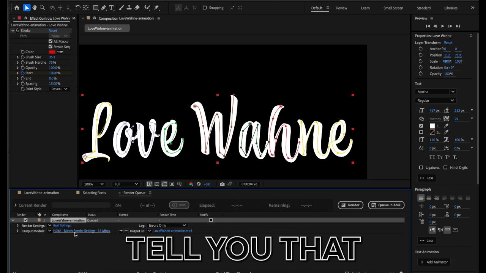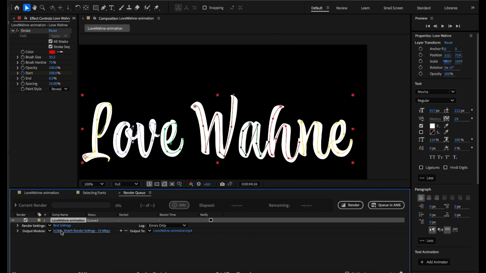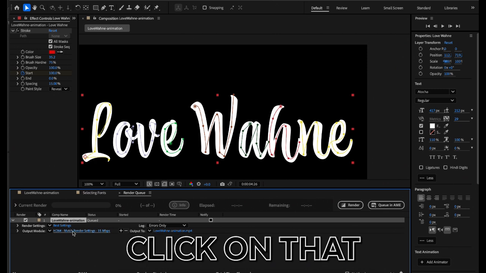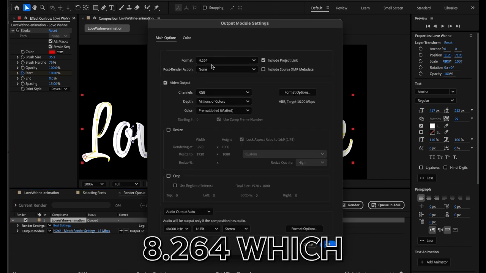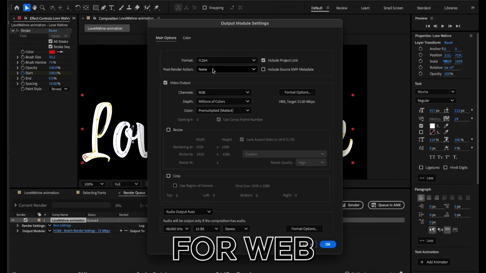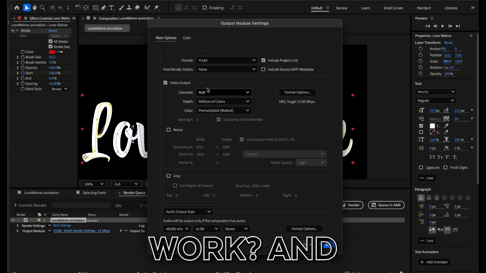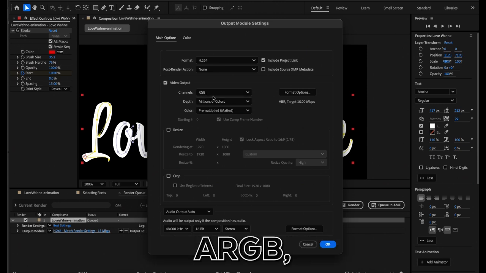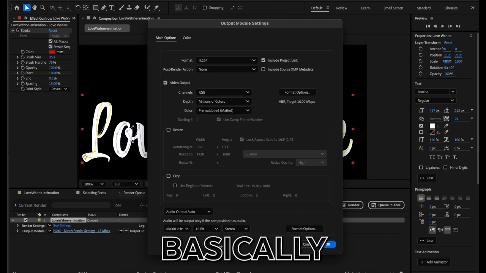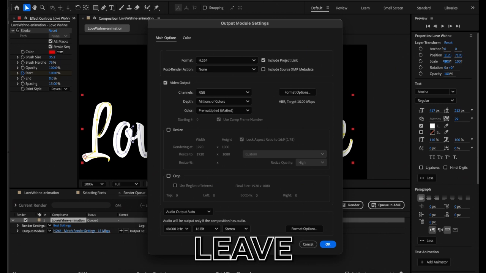It'll tell you what format. You can click on that if yours isn't format H.264, which is the best for web work. And make sure the channel says RGB, and everything else you can basically leave the